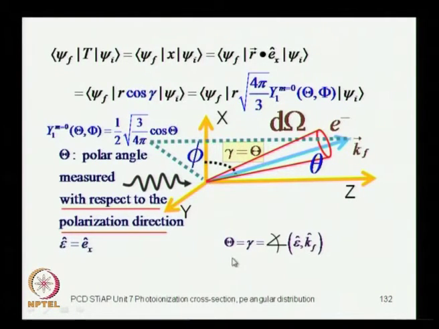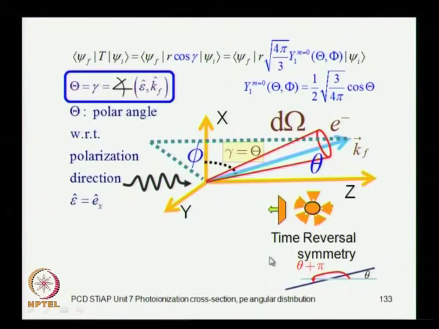So, theta is this angle between epsilon, the direction of polarization, and the photoelectron escape direction. So, this is the angle that is of importance in the present context. So, this cosine gamma is the spherical harmonic for L equal to 1, m equal to 0, you can always write it like that, and this is the direction with respect to which you are measuring the angles,